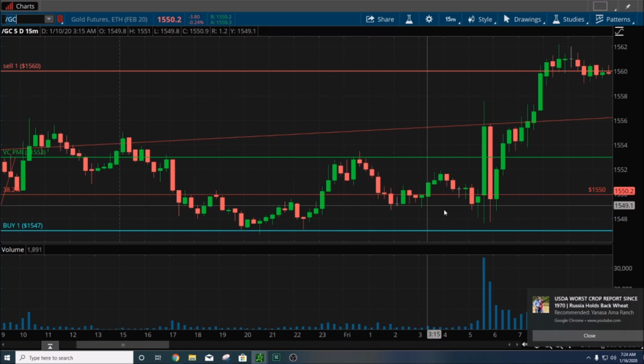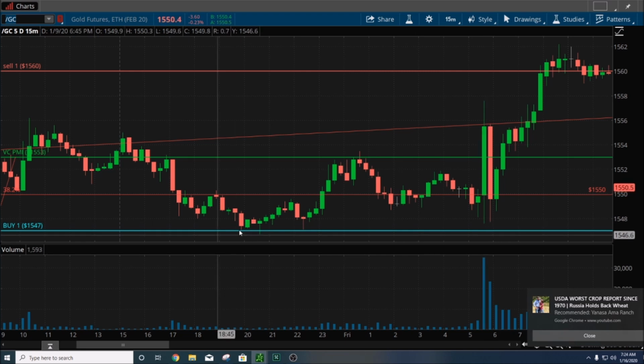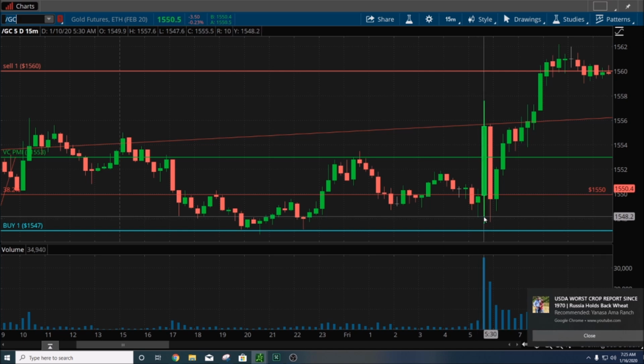we did not quite come down to the buy one level here at 1547. Obviously, the market tried three times to break that and it couldn't. And you can see here that the buyers realized that and they decided to buy the market before it meets that target again, penetrating right through that average price of 1553. And a lot of trading occurred in that area at 5:30 a.m. on the 10th of January until the market